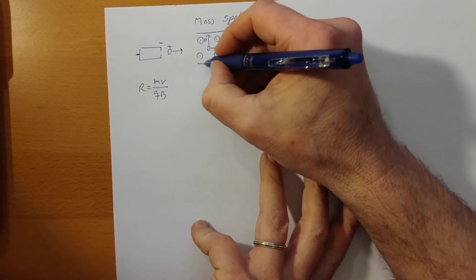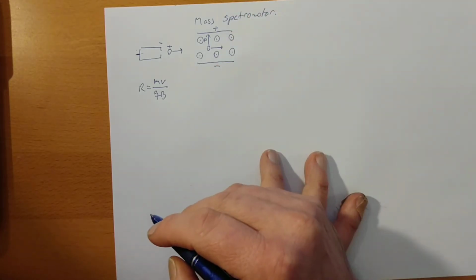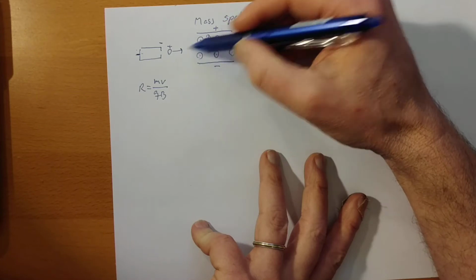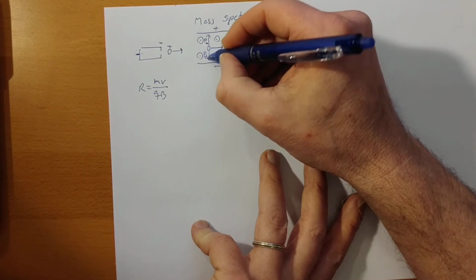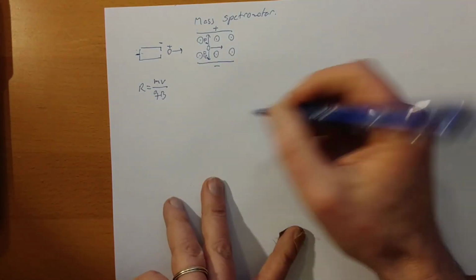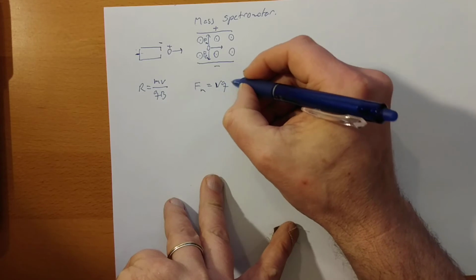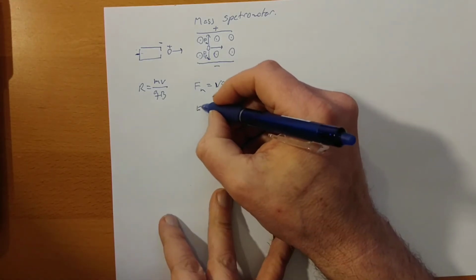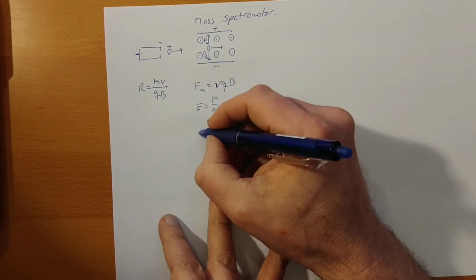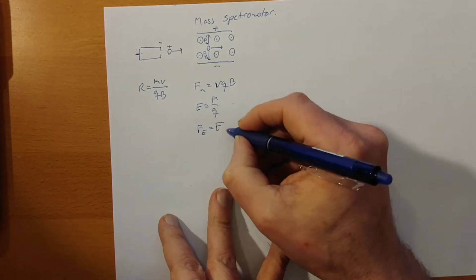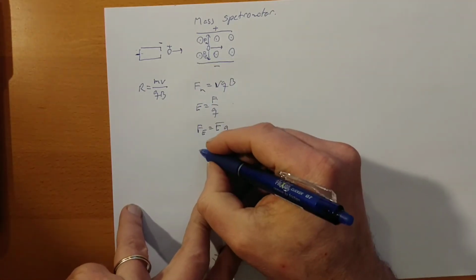We put two plates here that we have a voltage on. We make this one positive and this one negative. So that means you have a repulsive force on that and an attractive force on that, and that means that, besides the magnetic force, you have an electric force pointing downwards. For the magnetic force we have the formula vqB, right? And since the electric field is defined as force over q, the electric force equals E times q. If we set these equal in strength, though opposite in direction, we get